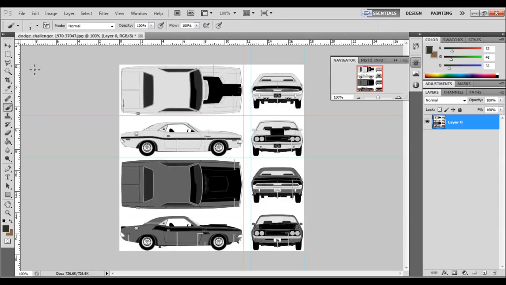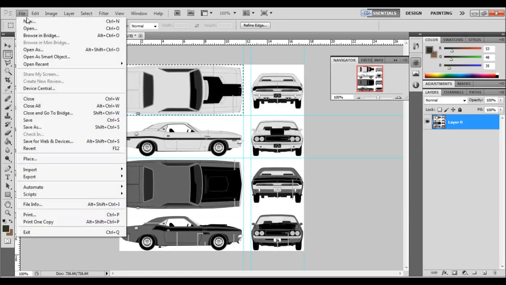What we're actually going to do with this is use the crop tool or the rectangular marquee tool. It's totally up to yourself. I prefer to use the rectangular one and then create the images as something separate. So what we're going to do is marquee select. So click and drag this top part, press Ctrl C or edit copy, and then we're going to go to File and New,